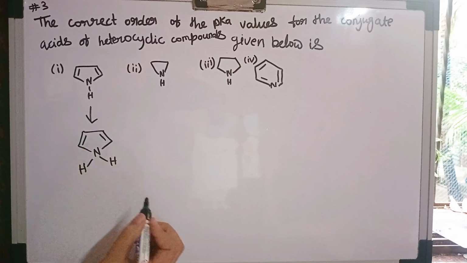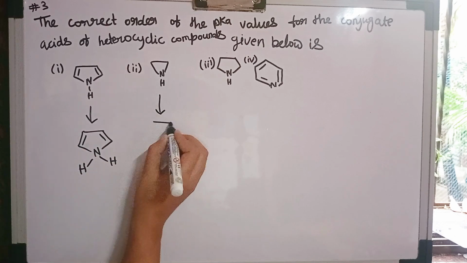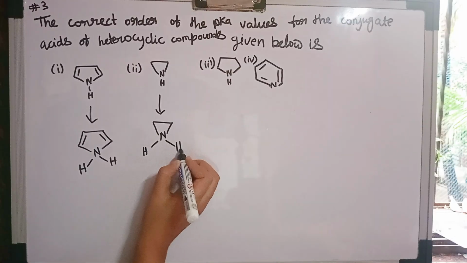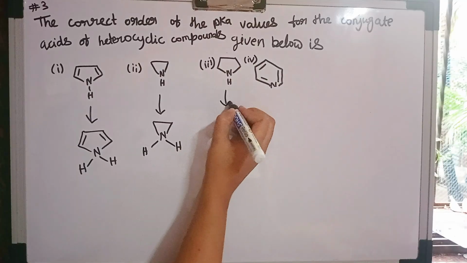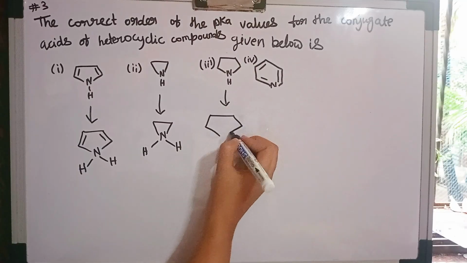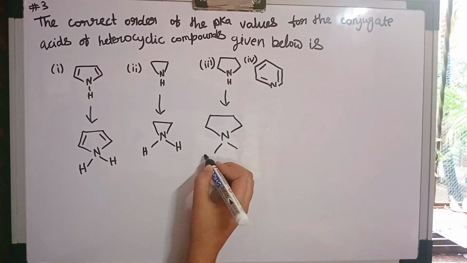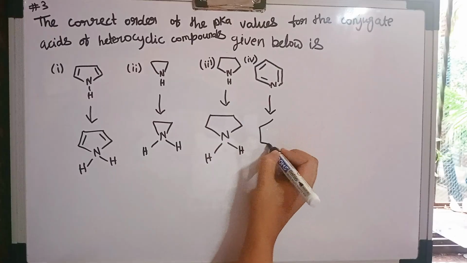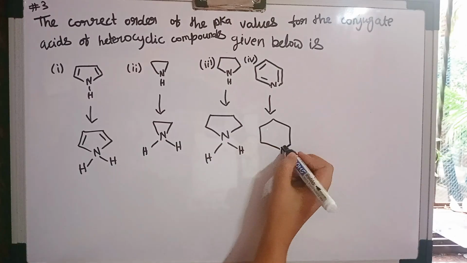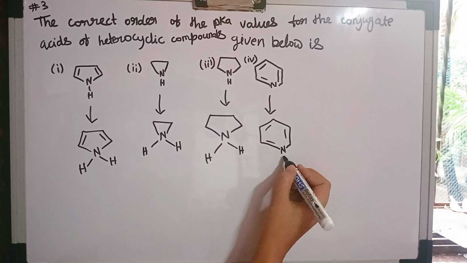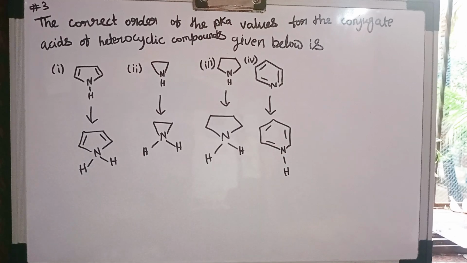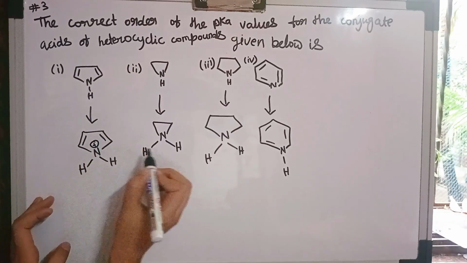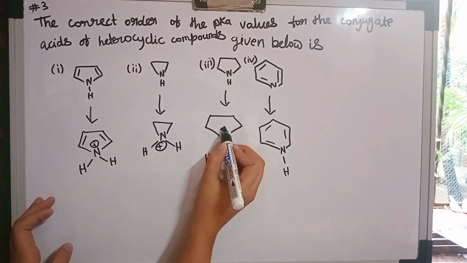These two pi electrons won't remain here. The conjugate acid for this will be this nitrogen attached to one more hydrogen, with a lot more strain. This one attached like this. Okay, a fourth compound, pyridine. This is attached to a hydrogen. Now, look at these conjugate acids. Of course, there we will get a plus because nitrogen has 4 bonds.